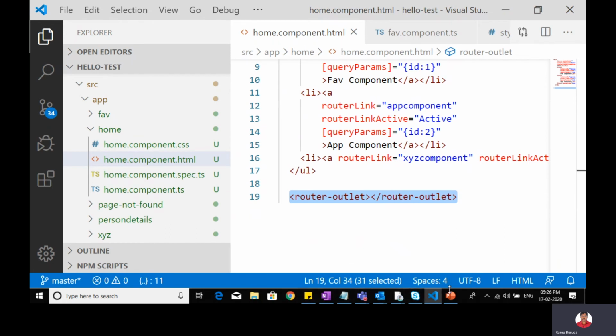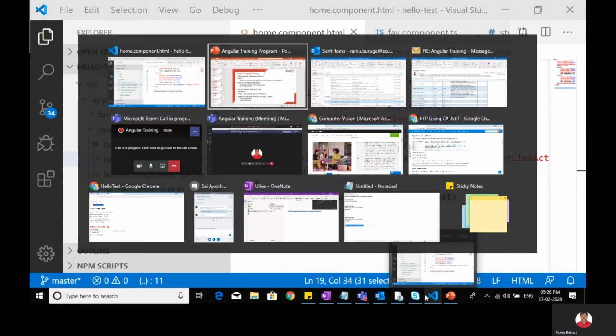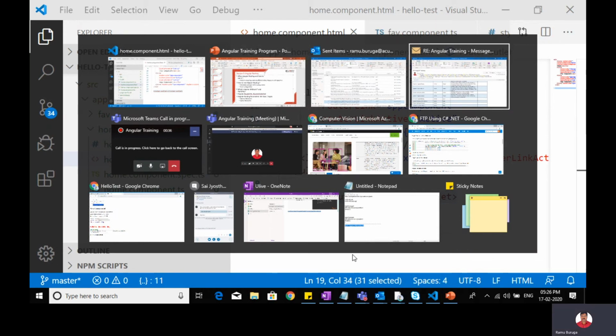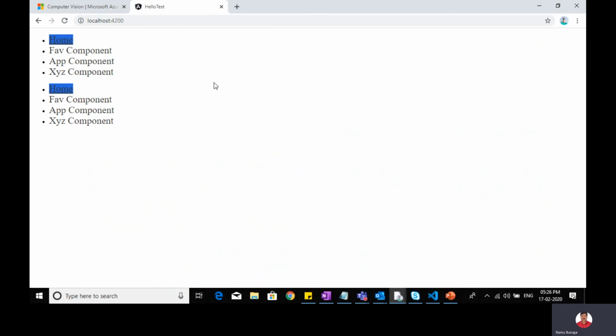When I open this, here you see this. So this is my router. Actually, double is coming. It should not come. This is my navigation component which I have built. Now it is showing vertical. You can make it horizontal by applying CSS. The styles are different. Whatever style you want to have, you can make it through CSS.